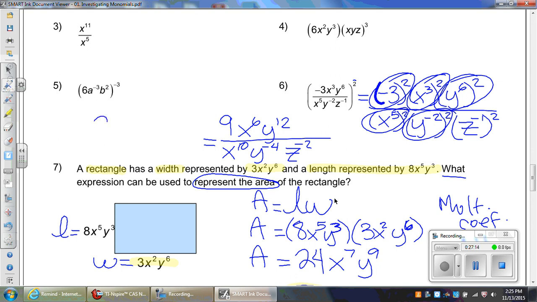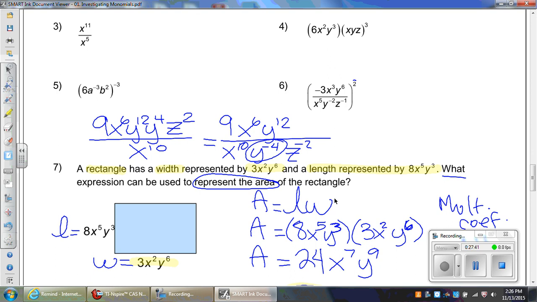So we will have the following: 9x to the 6, y to the 12, y to the +4 for this one, and then z to the +2. Still, we have x to the +10 down here. Now, from here, I need to make some space, so I'm going to erase this part. We could combine the y's. And that will be y to the 16th power, since I added the exponents, and then z to the 2nd